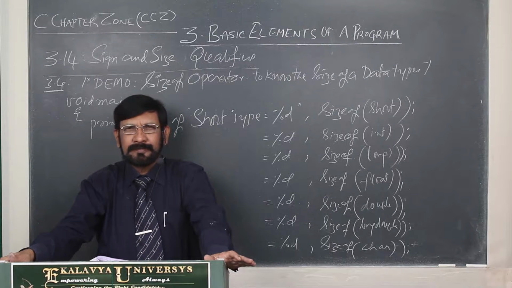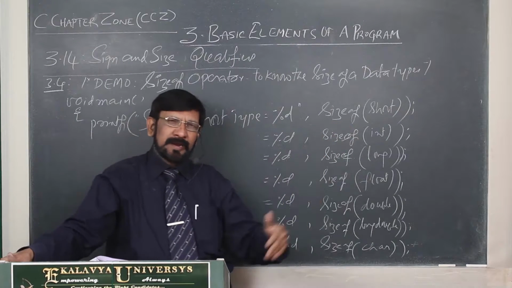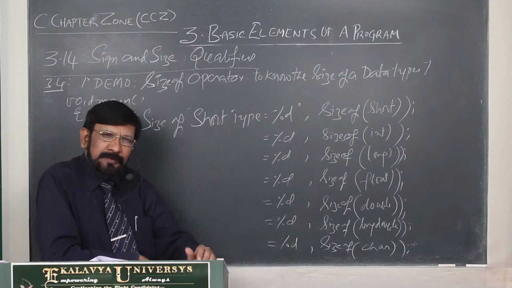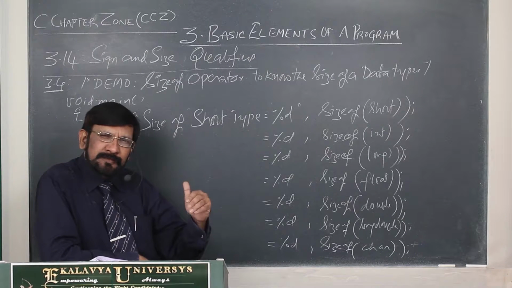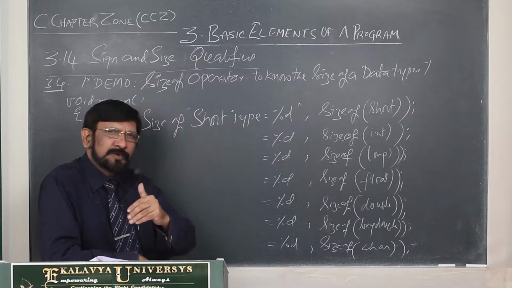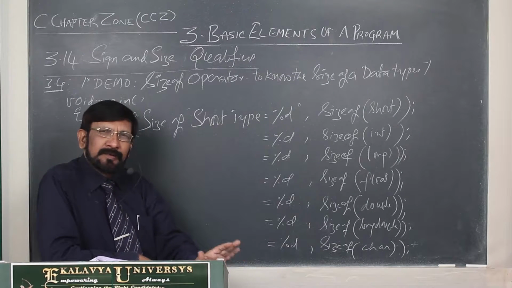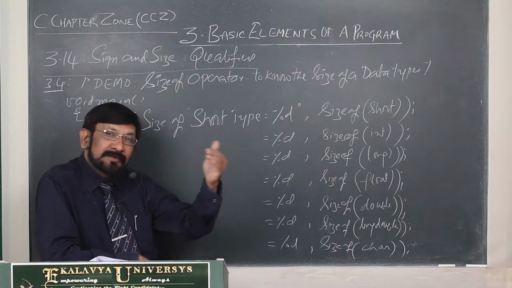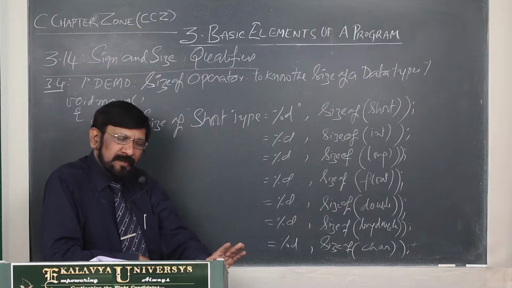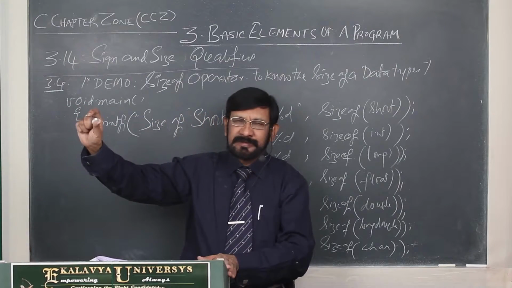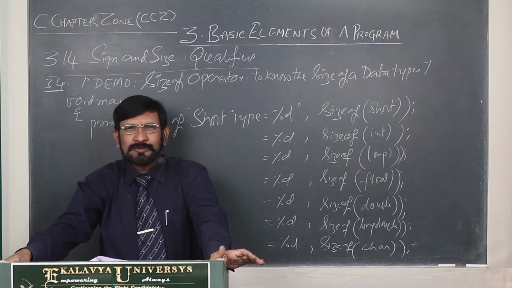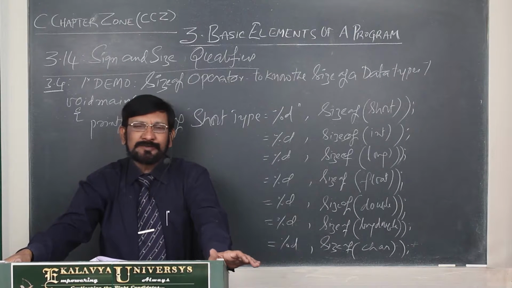Already I have given a detailed explanation, and once again I just remind you: where minus values are irrelevant or not used in our program, then you can declare them with unsigned. When you declare them with unsigned, the range is bigger. That's why for the same type you can use bigger values.